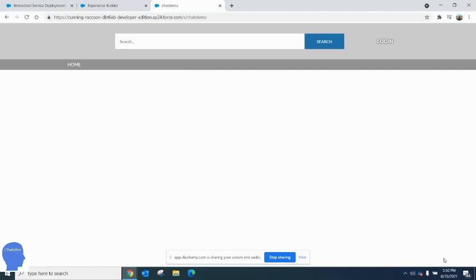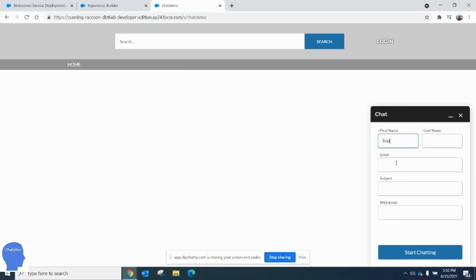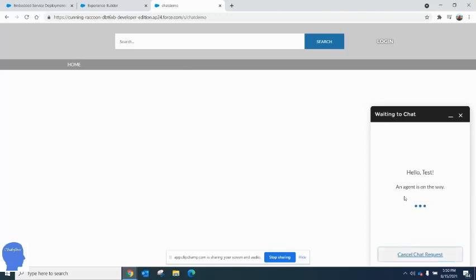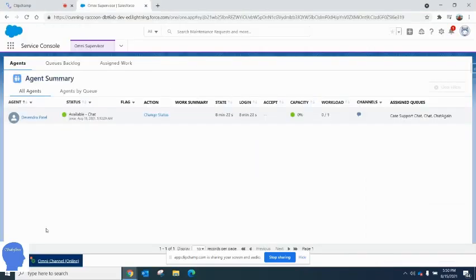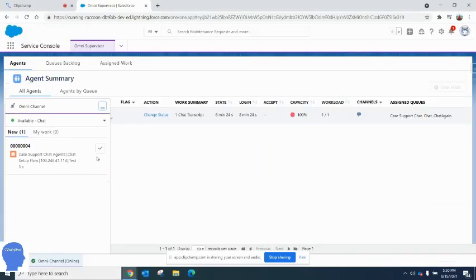Now I'm clicking on this. If I say test case chat, we can change the fields on the pre-chat form also. This is the pre-chat form. We can configure it. Now if I go to the Omni here, yo hoo, we are getting the chat,